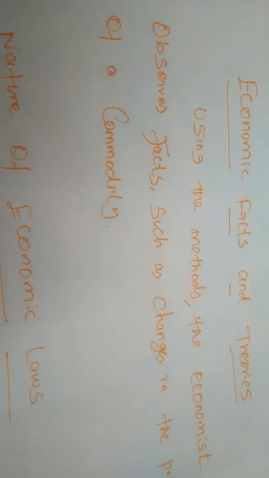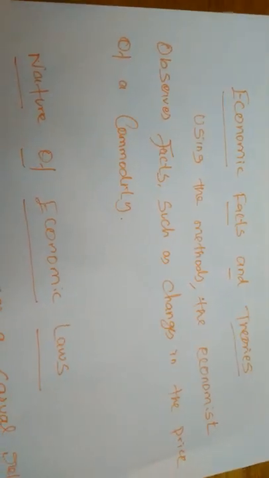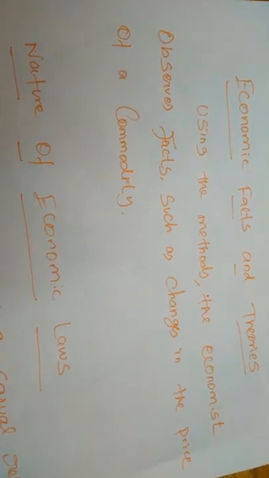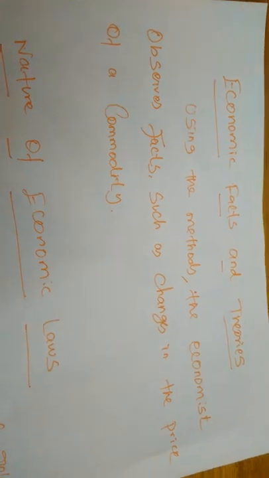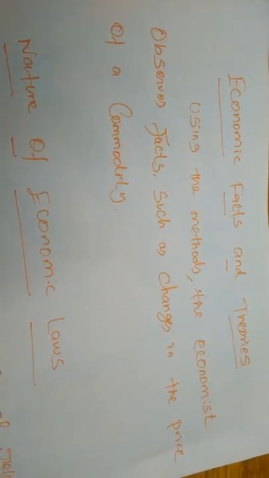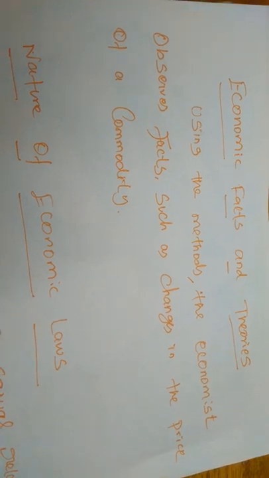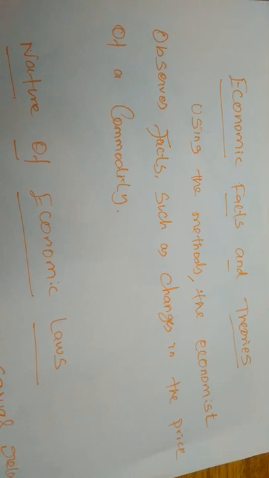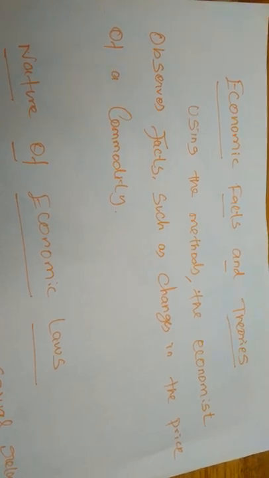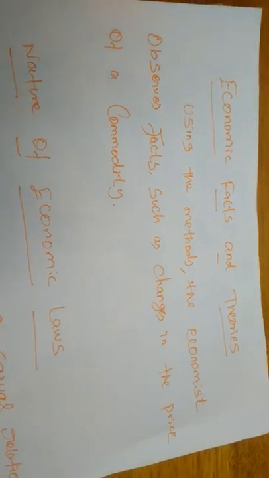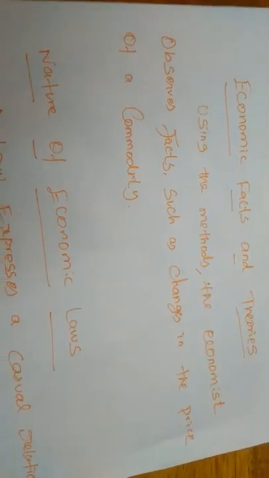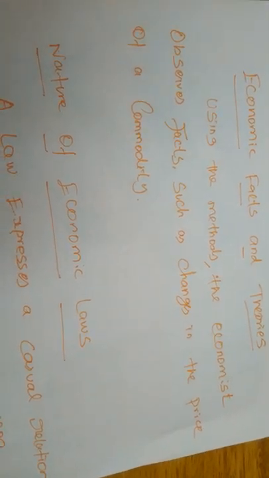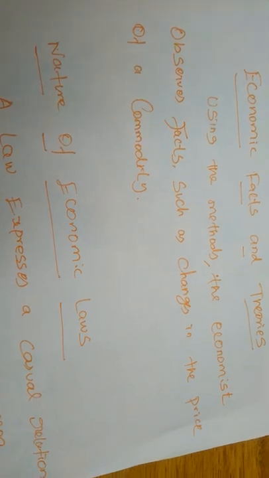On the basis of theories we can understand the laws. Like that, the quantity demanded will also differ on the basis of changes in the price of commodities. Whenever the price of a commodity is increasing, the demand for the commodity will also vary. This is also one of the theories, the theory of demand, or the law of demand. The facts that are universally accepted will be considered as a law, having the status of a universal law.